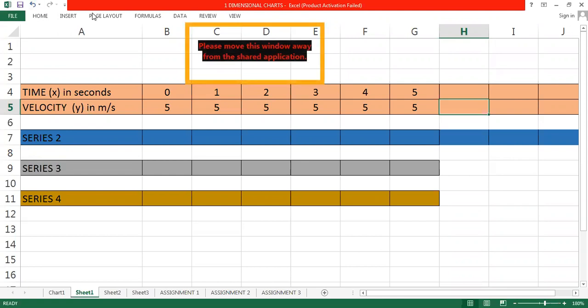Clear, class? All of you clear with this? Don't think of displacement now, think of velocity. What happens to the velocity? Is it constant? Yes. So after every time interval, the velocity will still be the same.